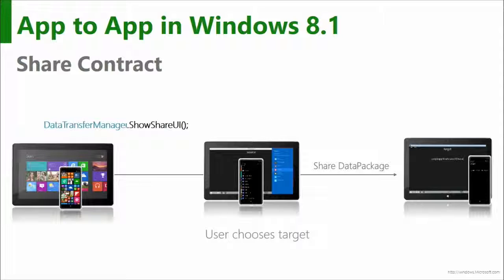But then, again, the shell comes in and puts up a picker UI where the user says who they want to share it with. That might be Twitter or Facebook or your app or whatever. So the user, again, chooses where that's going to go. And the share contract is just a decoupled way of connecting a sharer with a